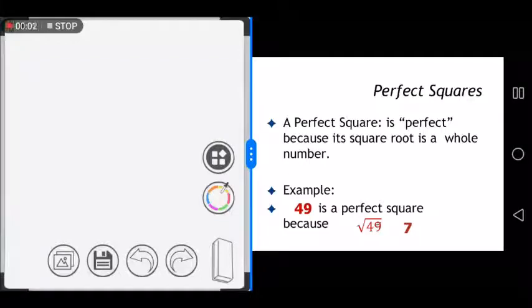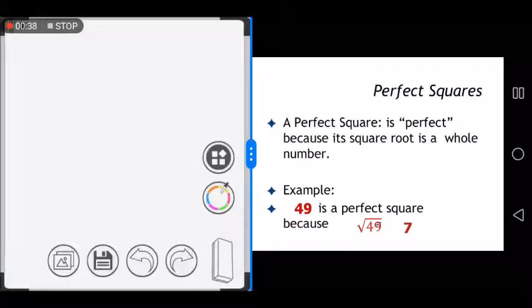Good morning, everyone. So, last time, napag-usapan na natin kung ano nga ba yung tinatawag na perfect square numbers. And also, napag-usapan na rin natin yung pagkuha ng square root ng perfect square numbers. So, as a recap, a perfect square number is called perfect because its square root is a whole number. So, kagaya ng 49, it's a perfect square number kasi its square root is a whole number which